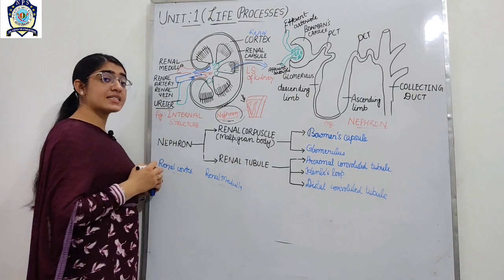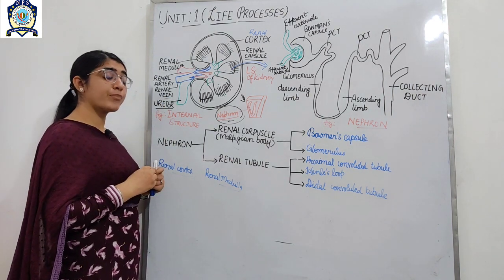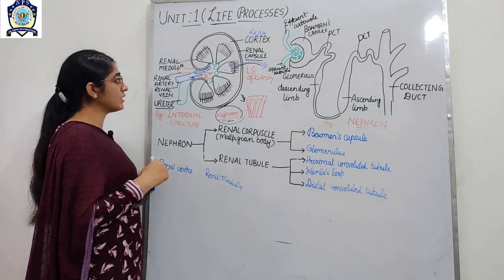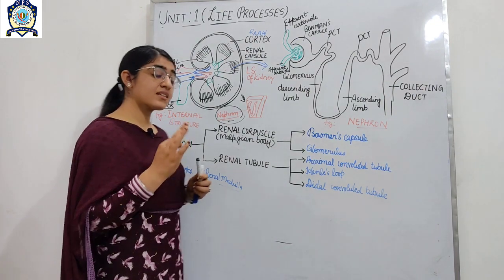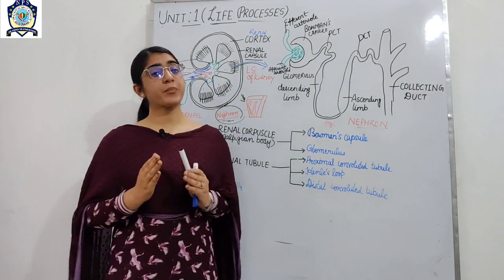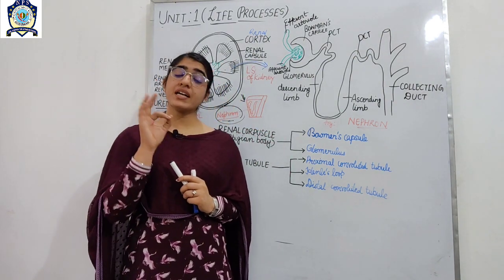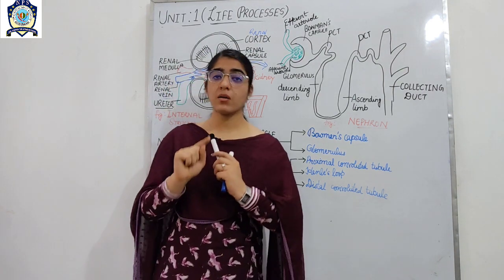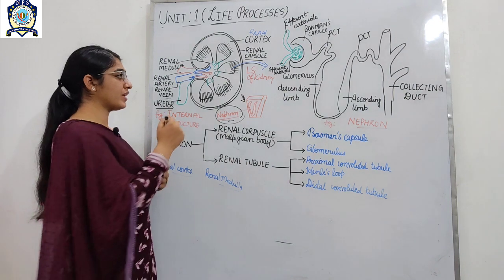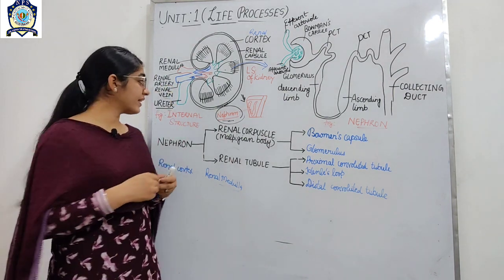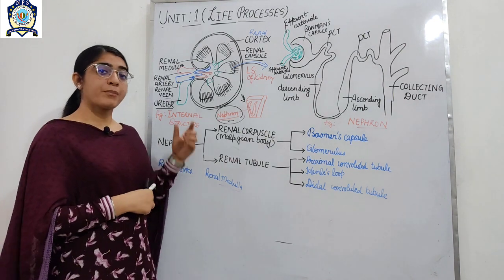You know very well, as we discussed in our last class, that the ureter collects the urine from the kidney and passes it into the bladder. The renal vein collects the pure blood, and the artery collects the impure blood. Again I am explaining, as I explained in the previous classes, that arteries contain pure blood, but the pulmonary artery or renal artery contains impure blood, and the renal vein contains pure blood.